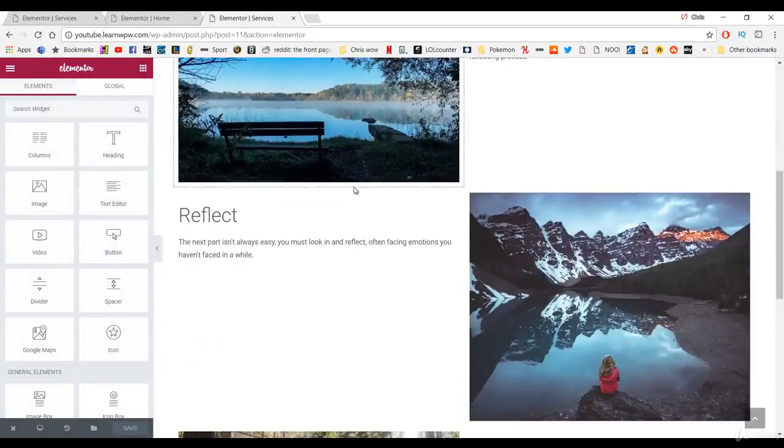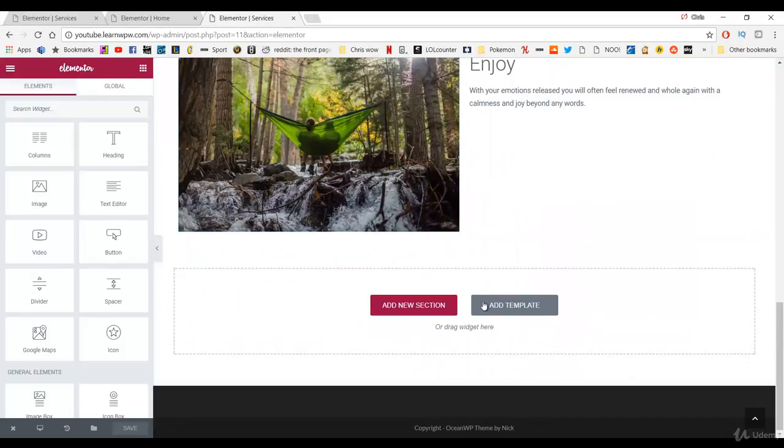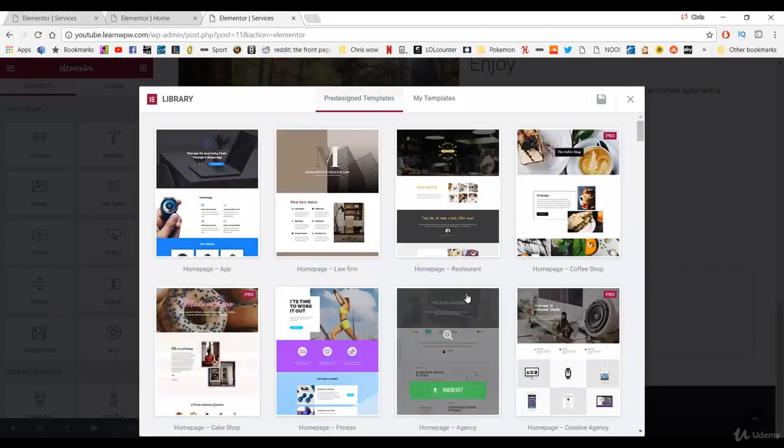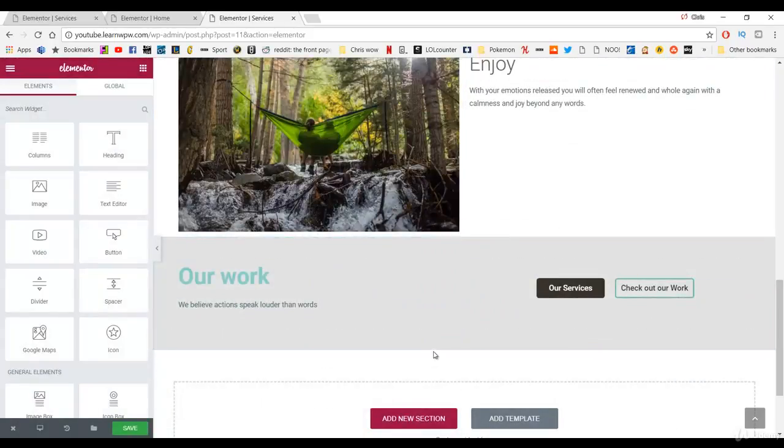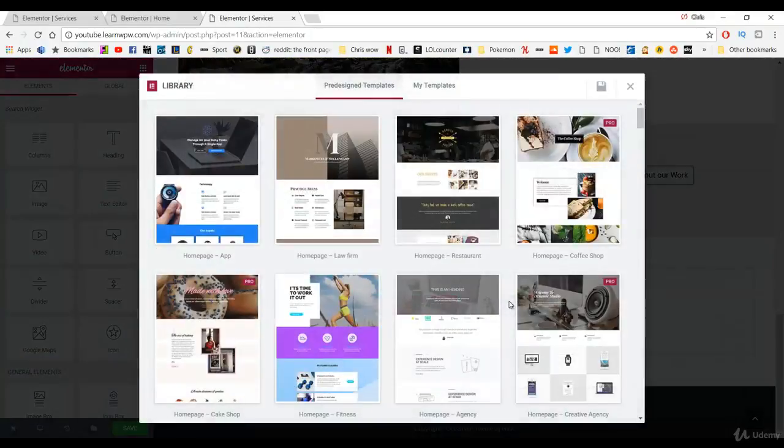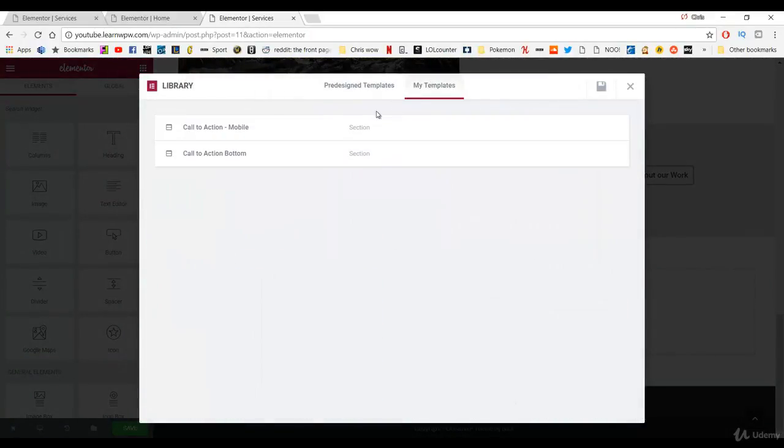and if we scroll to the bottom, we can now add a template. So if we click add template and then click my templates, we can click on call to action bottom, so insert, and there it is. But we also want to put in our mobile version as well, so add template, my templates, call to action mobile,